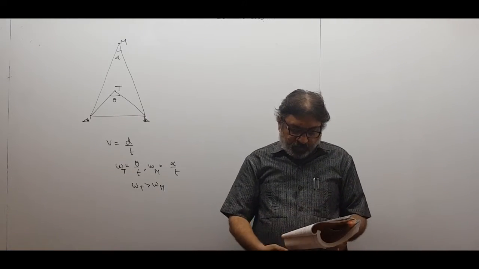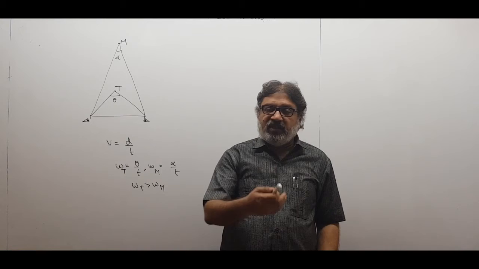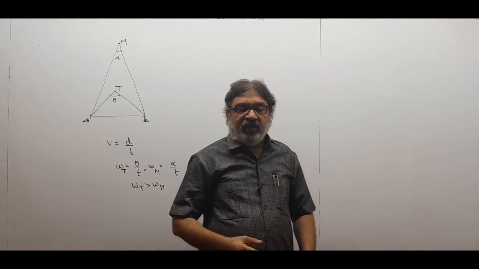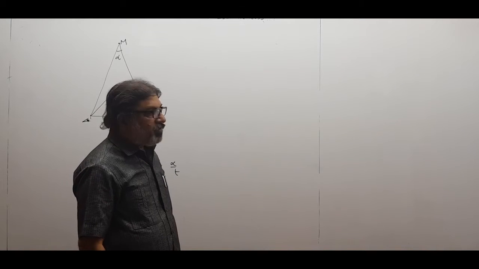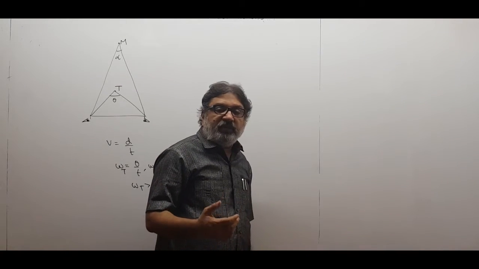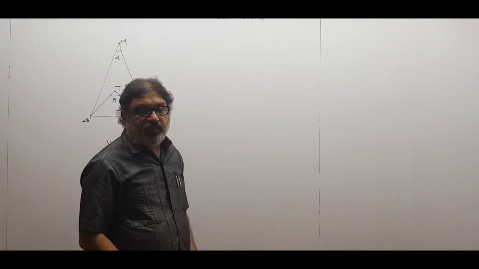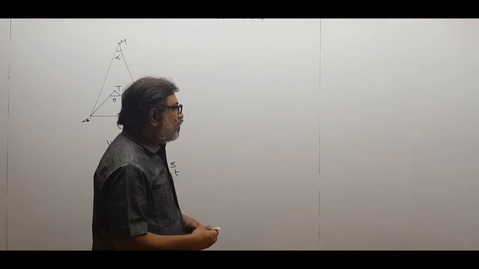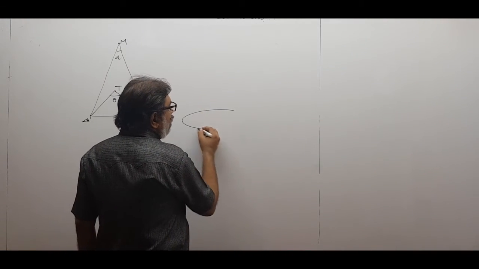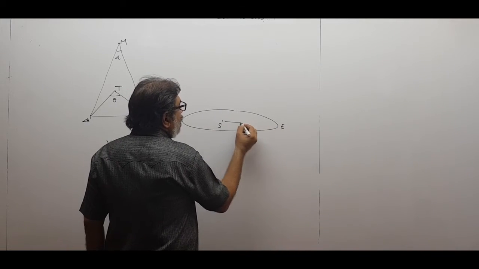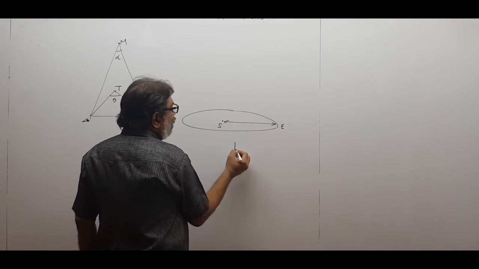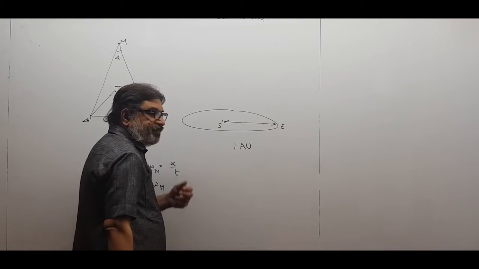We proceed. Now children, you already know what is parallax. In this, all the description about parallax is given. They are asking us what is 1 parsec distance. So you already know what is 1 parallactic second. When I was teaching you the theory part, 1 parsec came, and I told you, okay, this is the orbit of the earth, this is the sun and this is the earth. This much distance between sun and earth is called 1 astronomical unit.